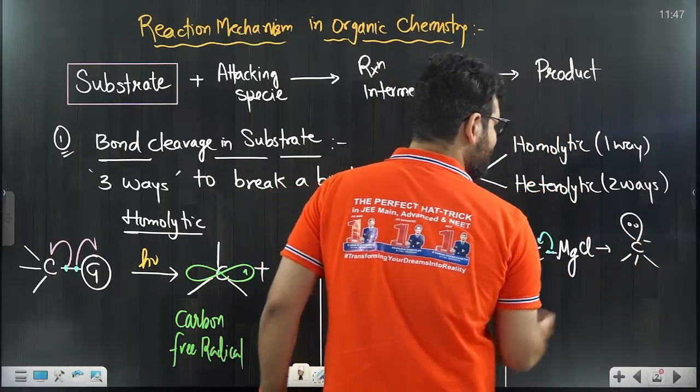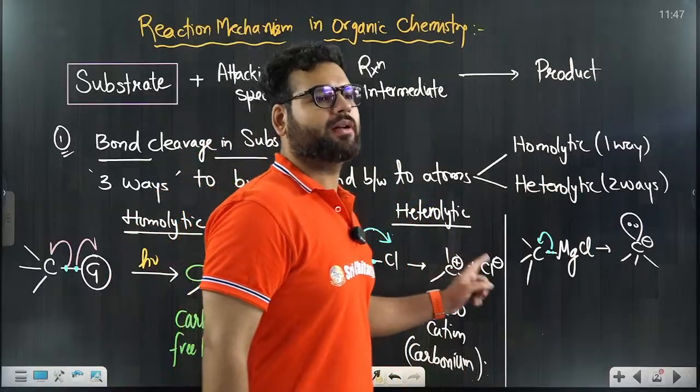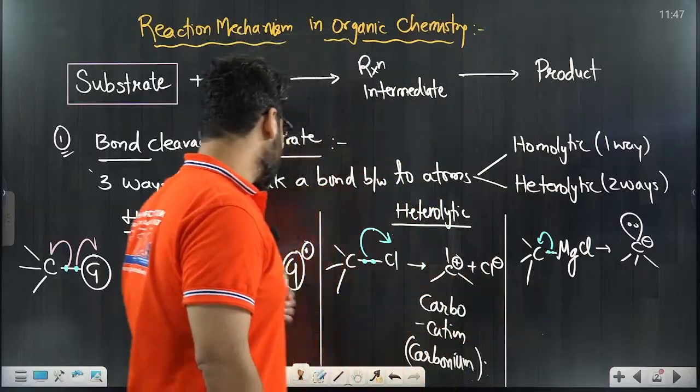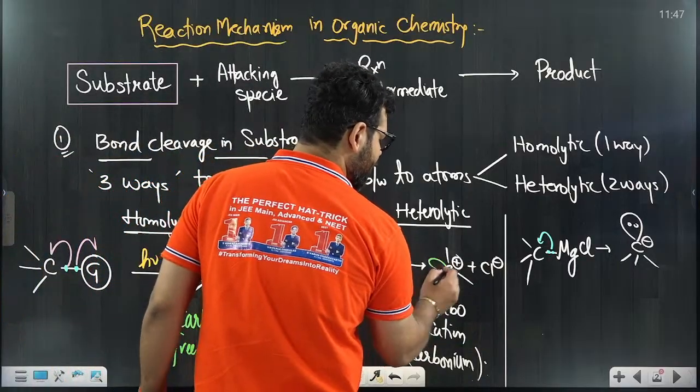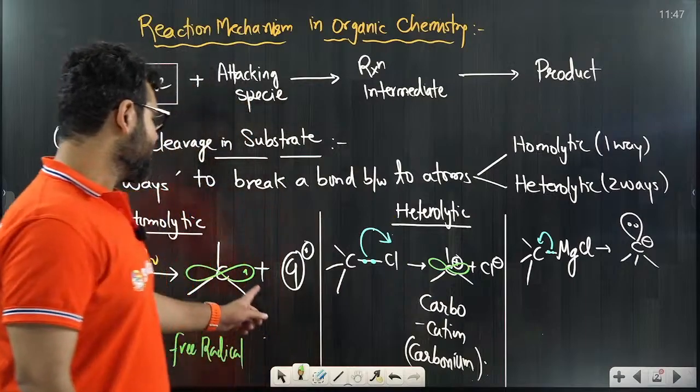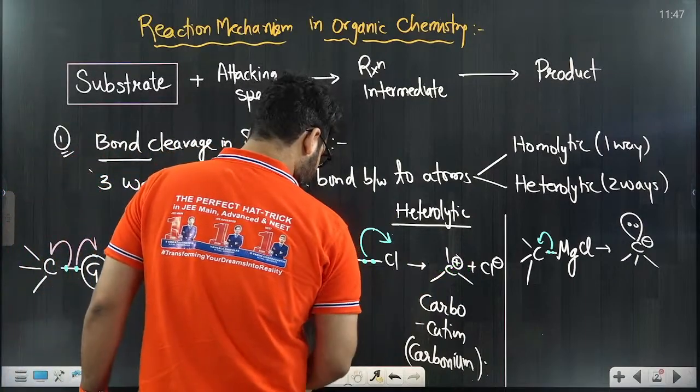So I have just told you 3 shapes. Carbocation is trigonal planar. Free radical is trigonal planar. In a carbocation, the p orbital is vacant, nothing is there in it. In the free radical, there is 1 electron in the p orbital. And whereas in the